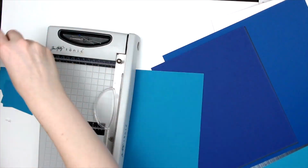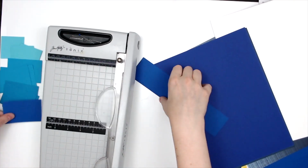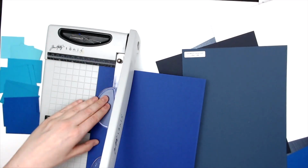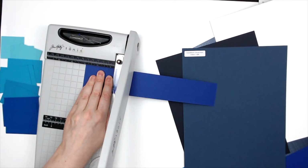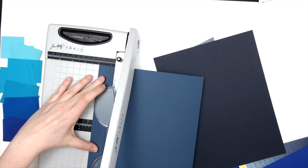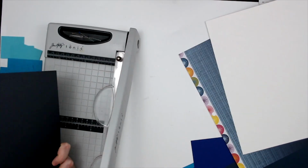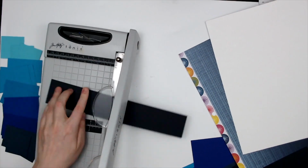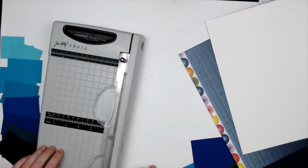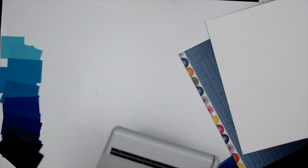And I just wanted to use a bunch of these beautiful blue colors so that I could create an ombre effect. So I was inspired by one of the Paige Evan papers from her Wonders collection. I set it off to the side, but I think I'll bring it back in. It has a blue ombre effect, and I really liked the colors of that paper, but I didn't want to use the whole paper, so I decided to use the colors and create my own